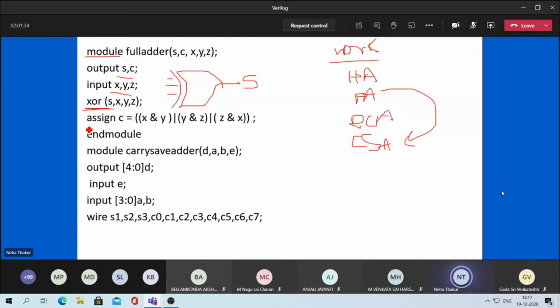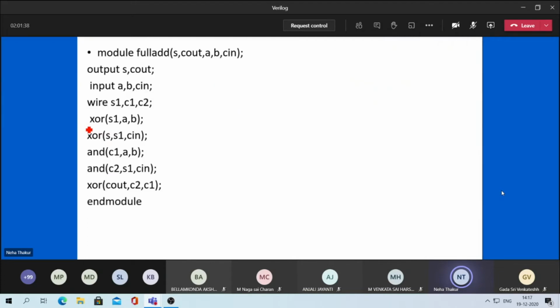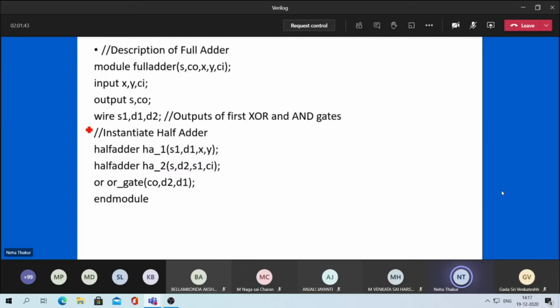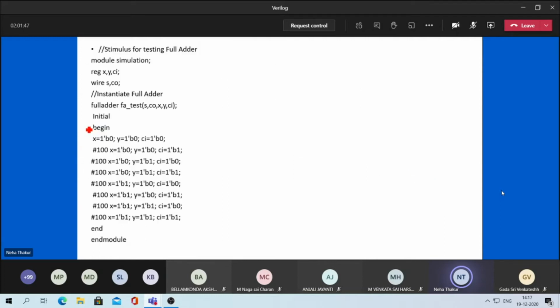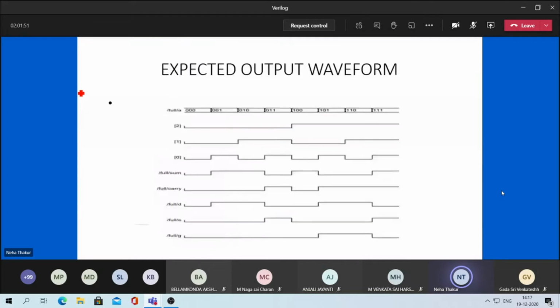And then see, in the previous experiment what we have done, we have written it in the form of AND. See here, for the full adder, you have written the half adder using two half adders.